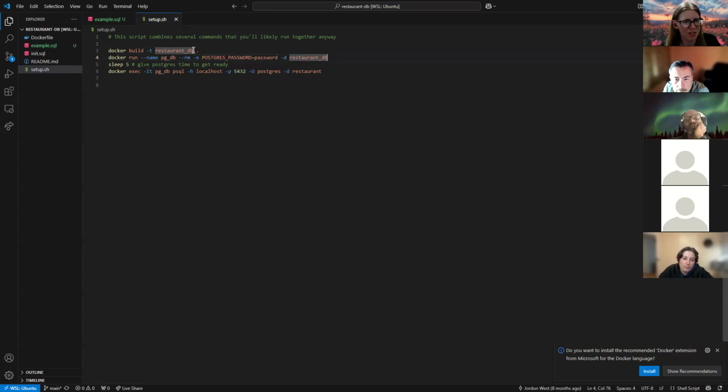Okay, so we build the image, we run the image. And again, this should be very familiar because we've typed it ourselves or copied and pasted it at least from previous lectures. And then we sleep 5. This is because, remember, when we would run our image, sometimes it takes a minute for those images to spin up and show they're running. So we want to give it a minute to establish itself, start running,